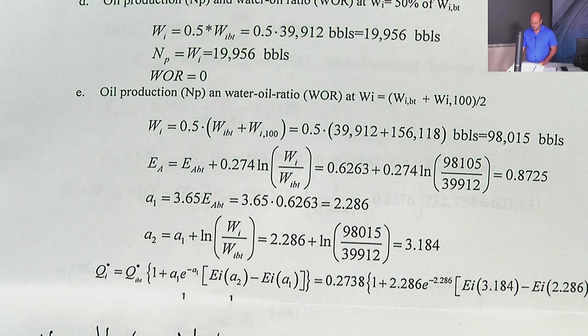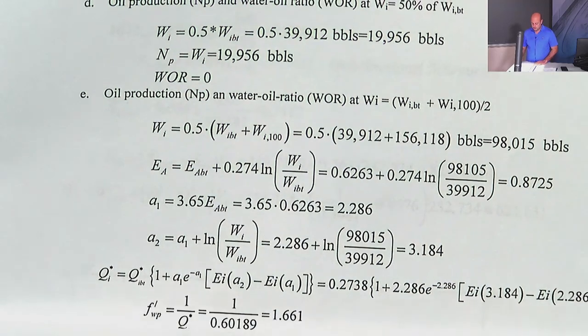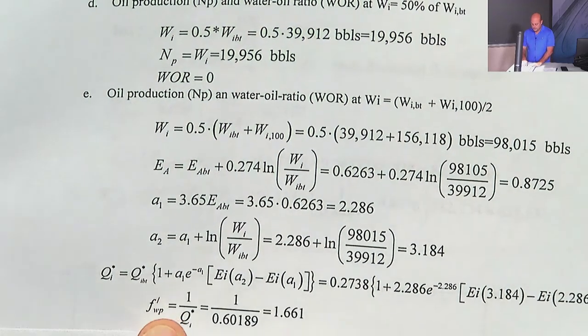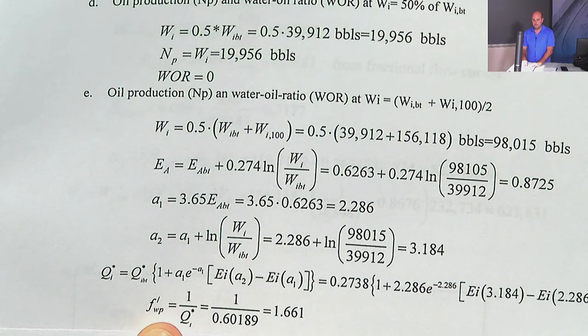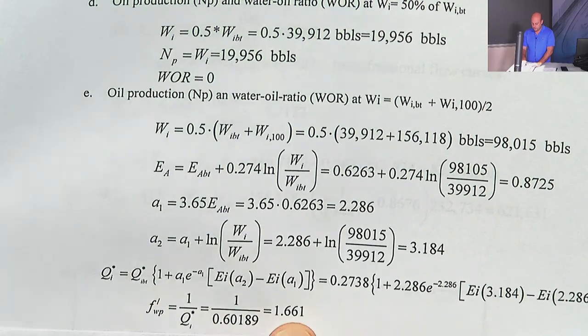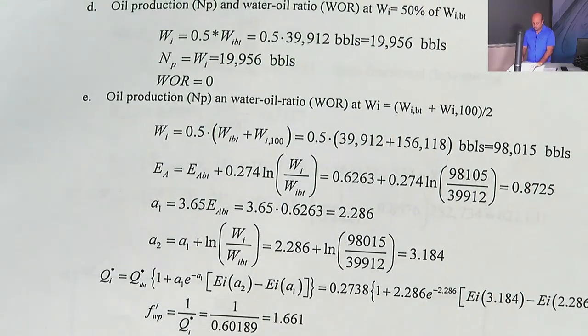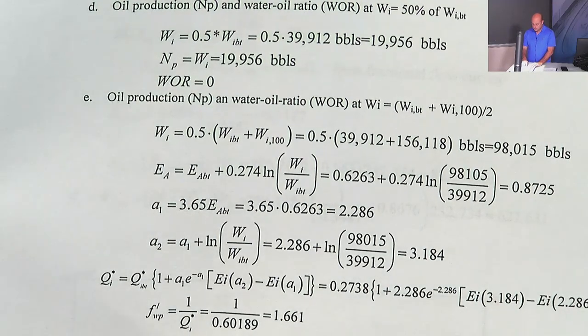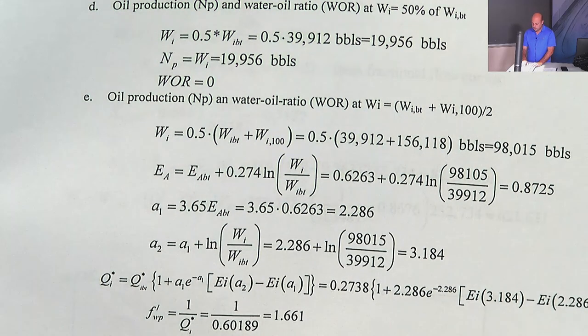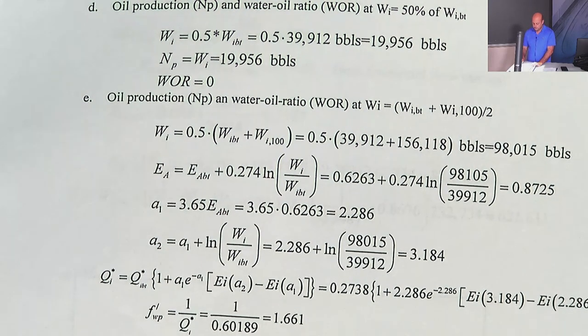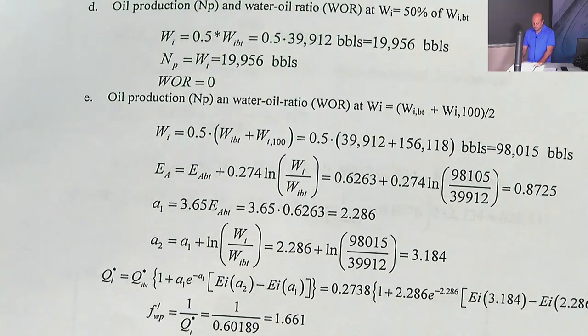Okay. Once you've got QI star, then you take the inverse of that, and that gives you your derivative, FWP prime. You go to your derivative plot, right? So your fractional flow derivative plot. From that, you get your saturation, which is 0.6308. From that saturation, you go to your fractional flow plot. You get 1.661. I'm sorry, you get